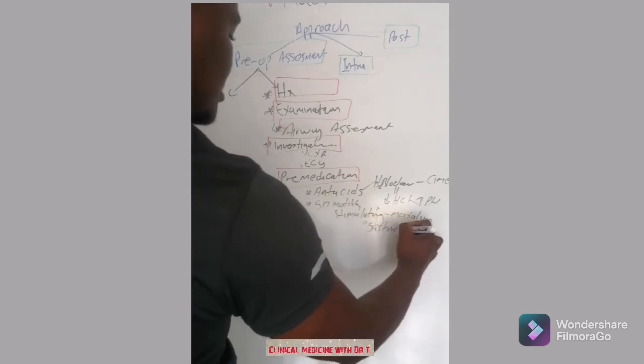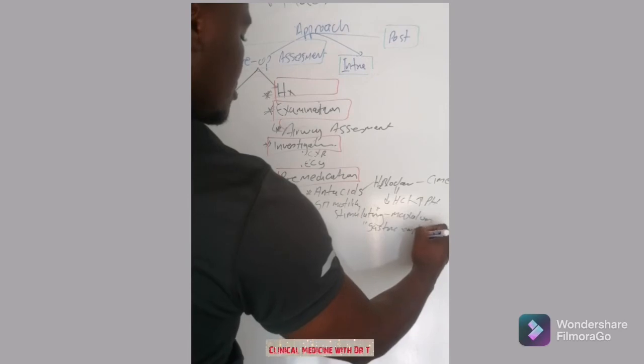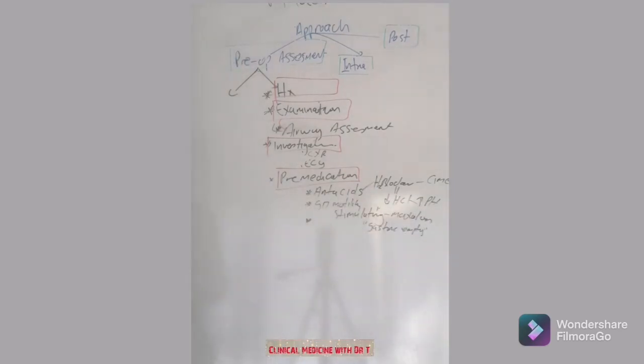Why would you want to do that? It's because if a patient vomits during the anesthesia and their stomach is not empty, there is a lot of gastric content that can get into the trachea and into the lungs, as opposed to a stomach that is empty. So they give Maxolon for that, and then